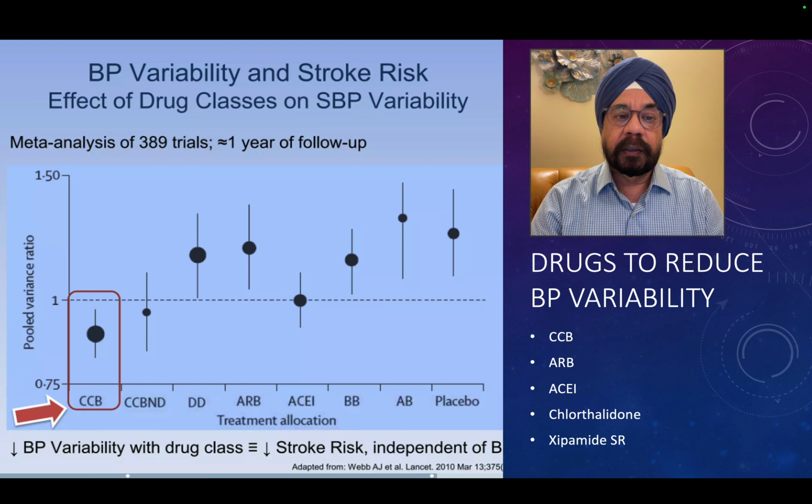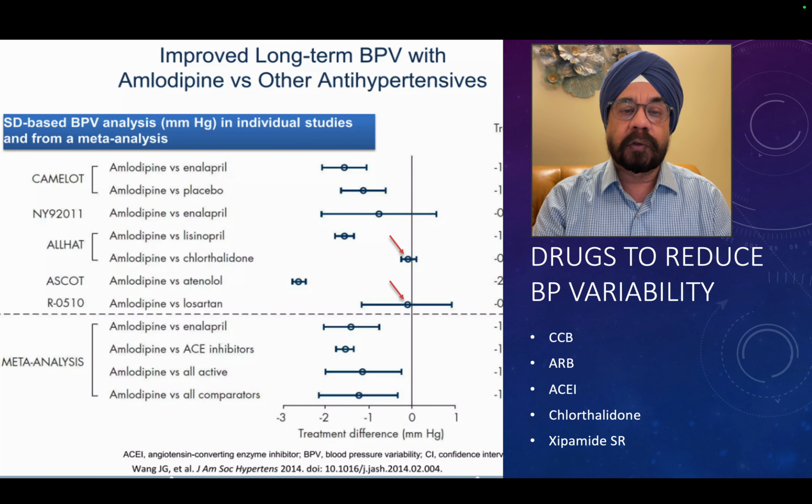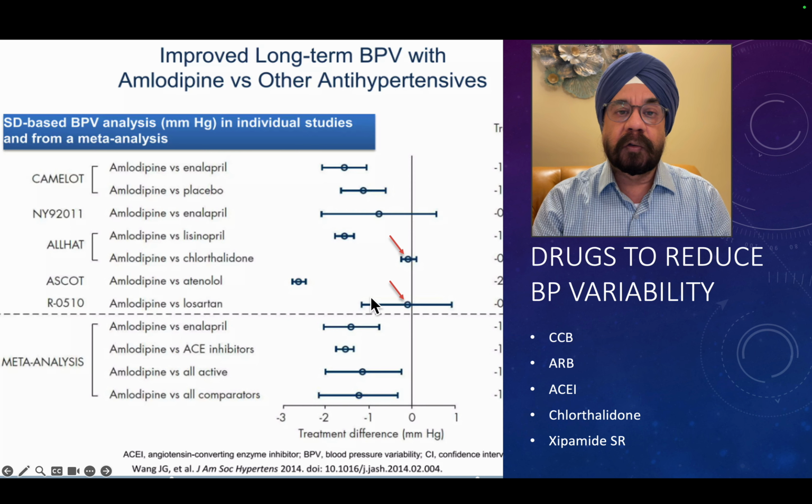Now in this study, we've seen that the BP reduction and the reduction of variability is an important predictor of a stroke risk in future. So amlodipine scores because it is a long acting drug and it is able to reduce BP variability, thus the incidence of stroke. If we compare amlodipine with other drugs which can have a reduction in BP variability, the things which come close are chlorthalidone, or losartan given twice a day, or telmisartan.